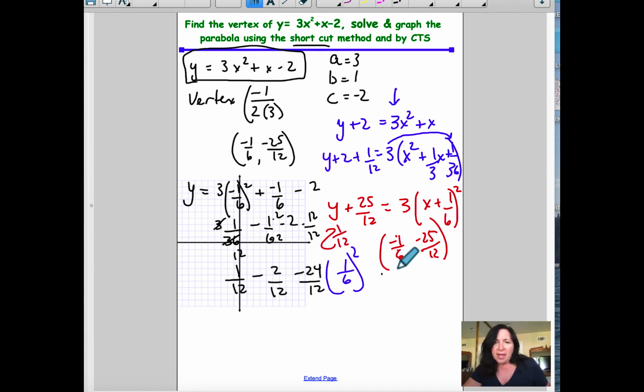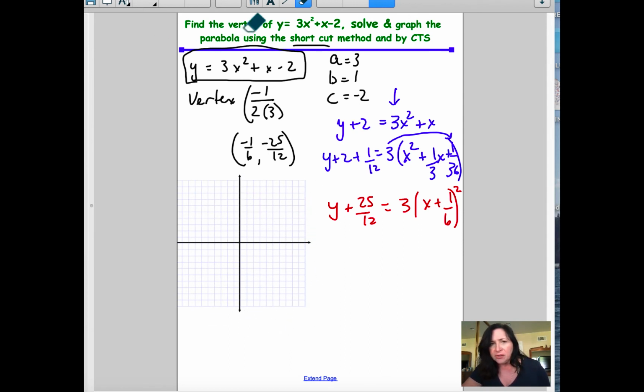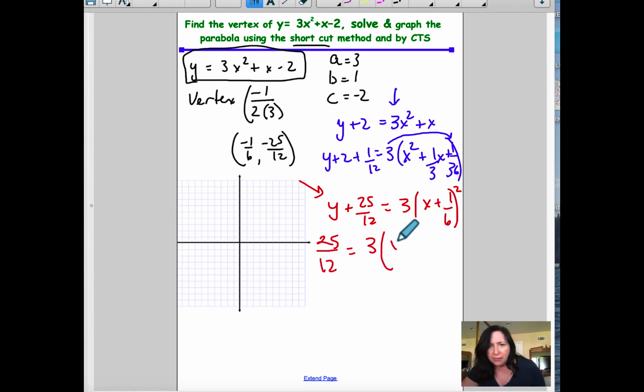Now, I would just say at this point right here, I think this is a good segue into solving. So I'm going to erase this because I want to do one more of these graphing ones where I'm solving, and I want to do that right now. So let's do that quickly. We are going to set y equal to 0, and we have 25 over 12 is equal to 3 times x plus 1/6 quantity squared. And so for that right there, let me fix that,